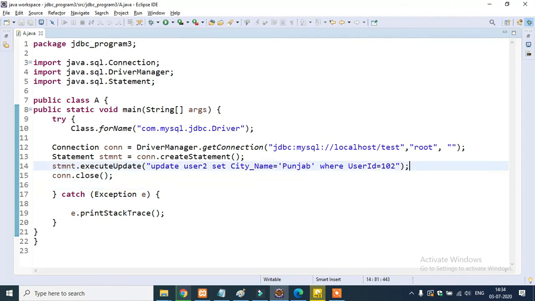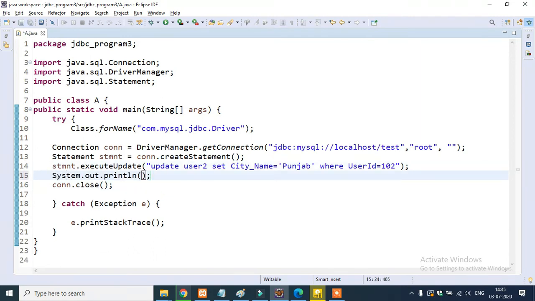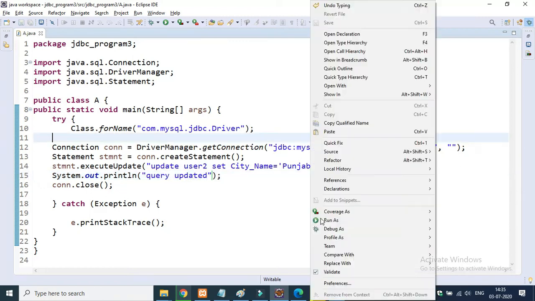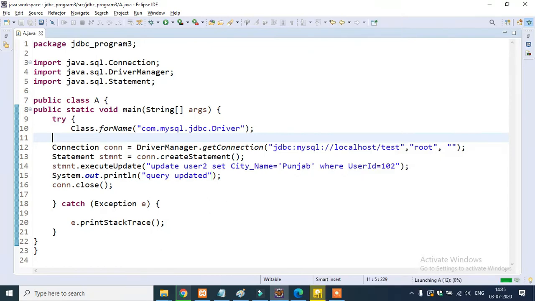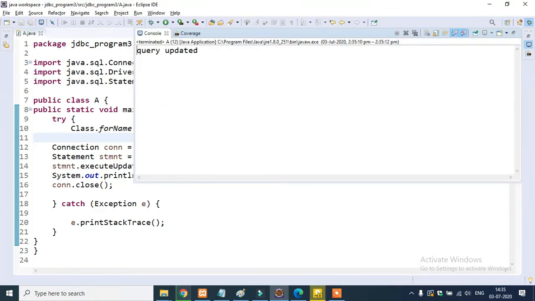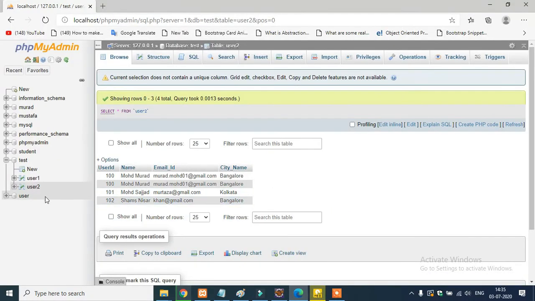For understanding purpose, I will write system.out.println, query updated. Right click, run as, run application, query updated, guys. Now see, now it is Punjab, earlier it was Bangalore, but now it changed from Bangalore to Punjab.